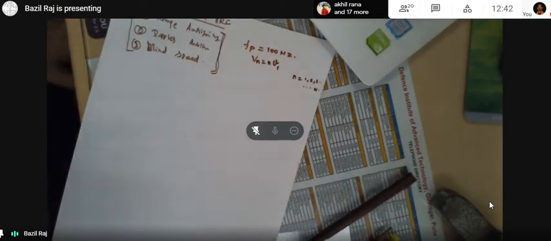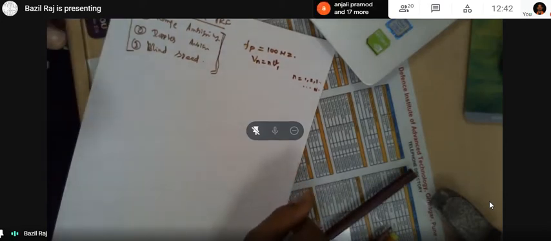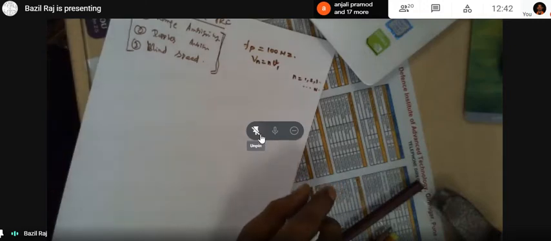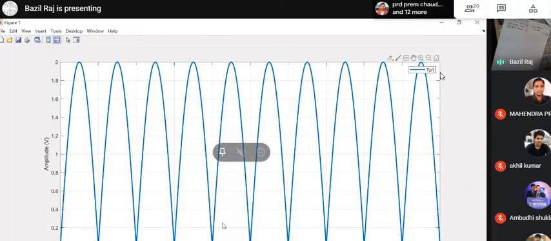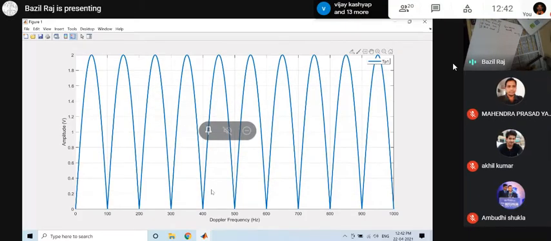Right. So now what I'm going to do, I'm going to select another PRF, not just randomly, but following some pattern. We can select randomly also, nothing will happen, but if I select with some ratio, some pattern, some mathematics, I can predict where the first blind speed will be. It depends upon the maximum Doppler that I need to process using this radar. I can decide the ratio, I can decide the equation, so that I can estimate to what level I need to push the first blind speed.